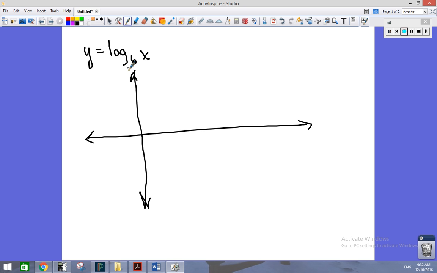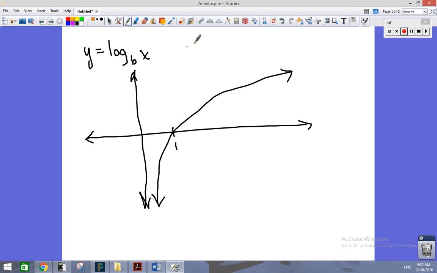the logarithms and the exponential functions are inverses of each other, and our graph of a basic log has a shape like this, where the exponential function had a y-intercept of 1. When you have an inverse, you switch the domain and range, so now that y-intercept is an x-intercept of